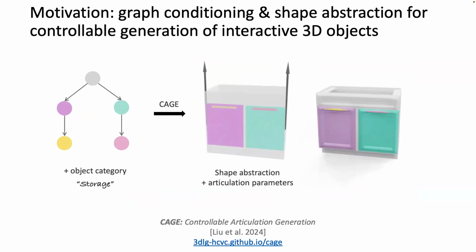The first example had as a motivation the need to have controllable generation of interactive 3D objects. The way this was done in this work was to use abstract graphs as input conditions. You can think of them as kinematic graphs, what you see on the left here, capturing the critical parts and their connectivity in the kinematic chain. And from that as an input, produce the complete geometry of the object as well as the parameters that allow